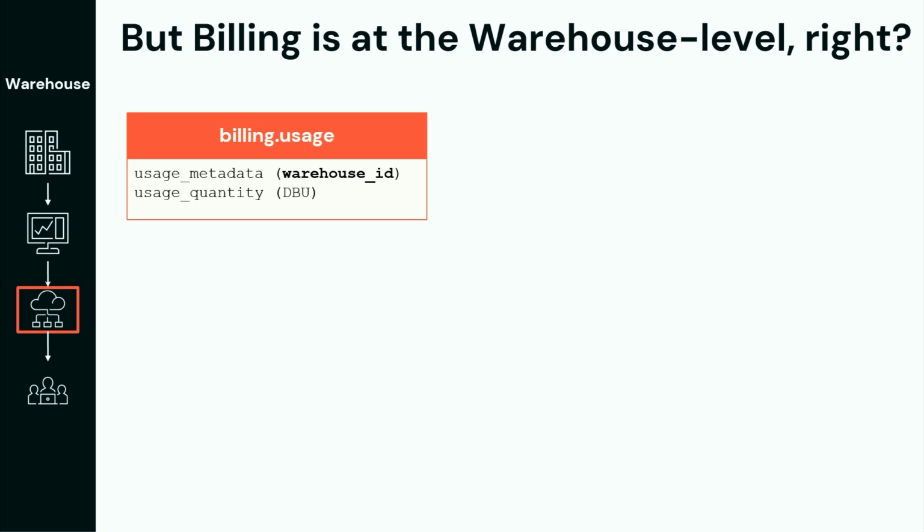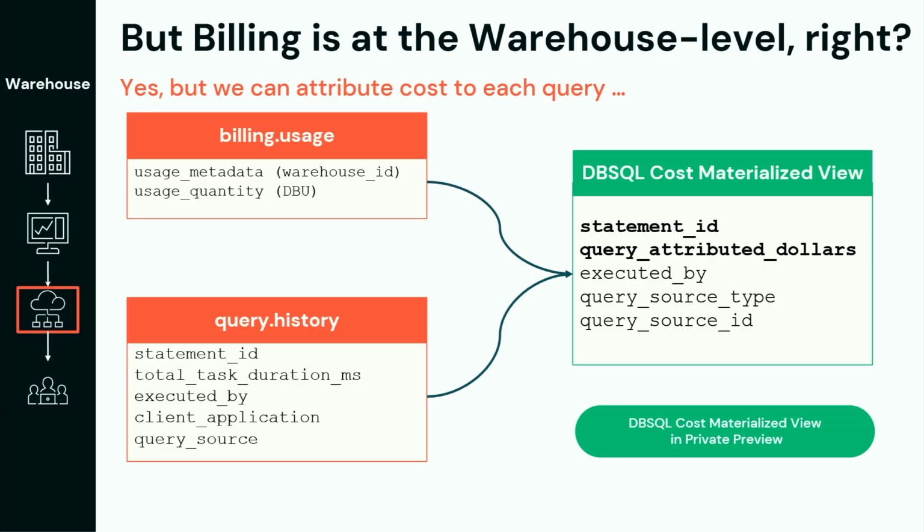And that's right. Databricks charges for warehouse uptime. So in the billing system table, you'll find a row which has the billing information for that warehouse. But the good news is that with the other system tables that have query level information, like the query history table, you can approximate the query attribution very simply by using these tables. For example, if a query took 2% of the warehouse's compute time, it will be attributed with 2% of its